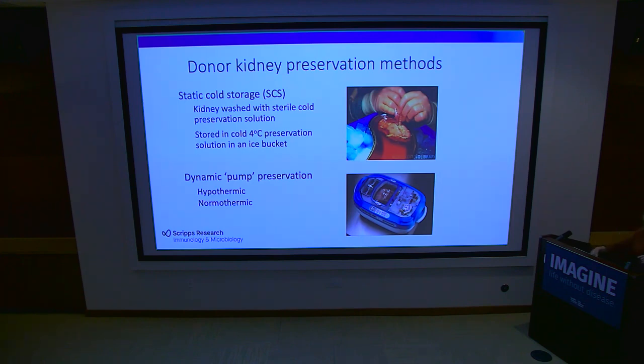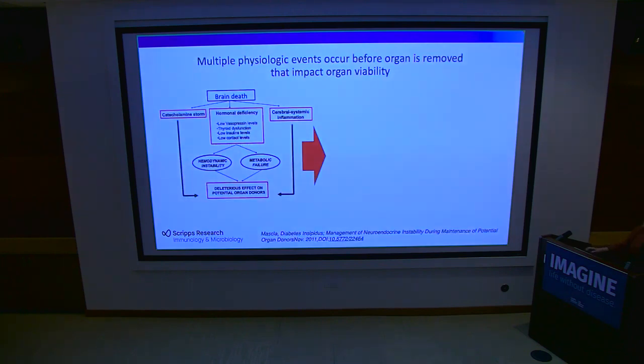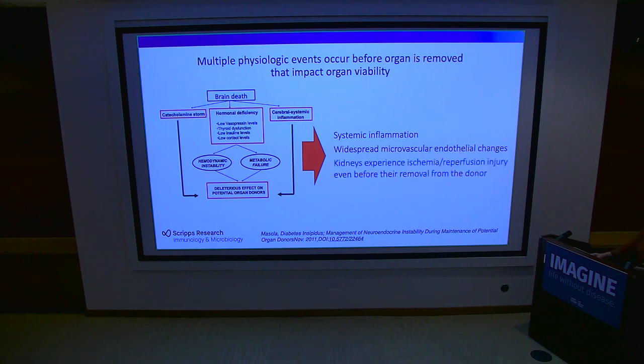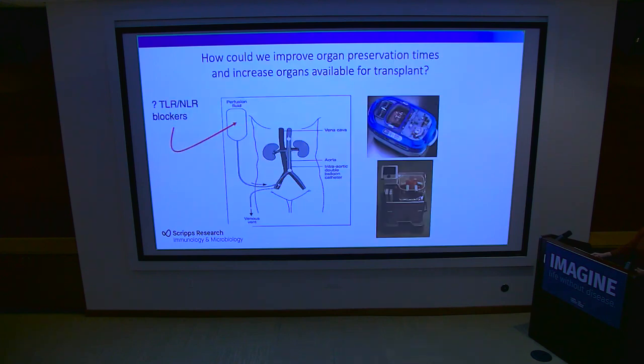So we know that, as Erica mentioned, there's multiple physiologic events that are occurring in a deceased donor, even way before that organ's removed. There's a lot of systemic inflammation, microvascular changes, and kidneys and all organs experience some ischemia reperfusion injury prior to even removing the organ, which worsens the ischemic injury. And so one thought is, it certainly makes sense that you might be able to treat the whole donor with TLR, NLR blockers, or whatever you're going to use. But